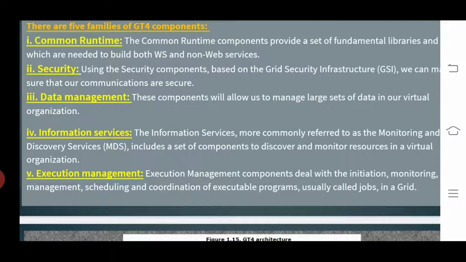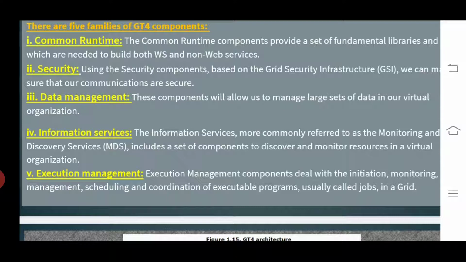It is usually called a job in a grid. A job can be defined as a process or set of processes created as an outcome of a job request.